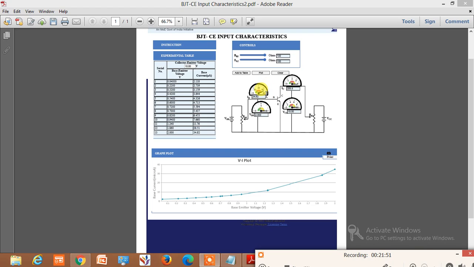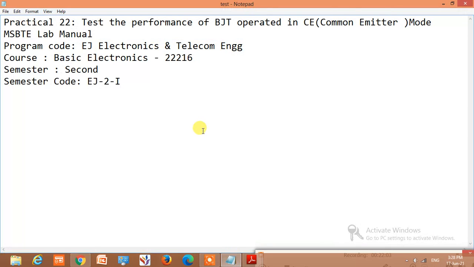Students have to draw these characteristics on the graph paper, and after plotting the input characteristics, don't forget to calculate input resistance.